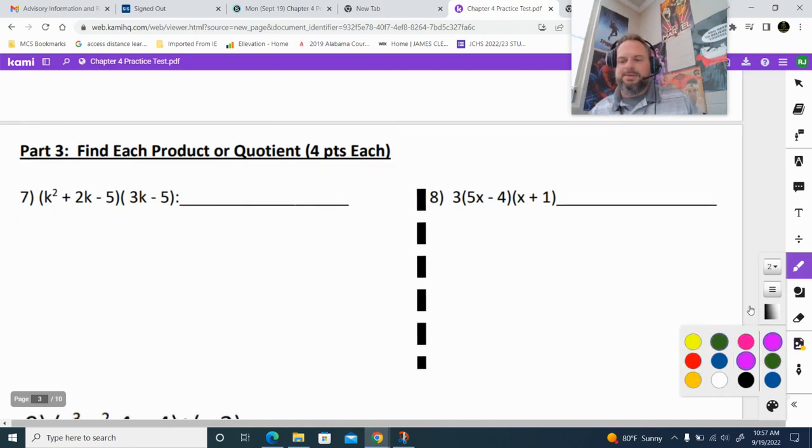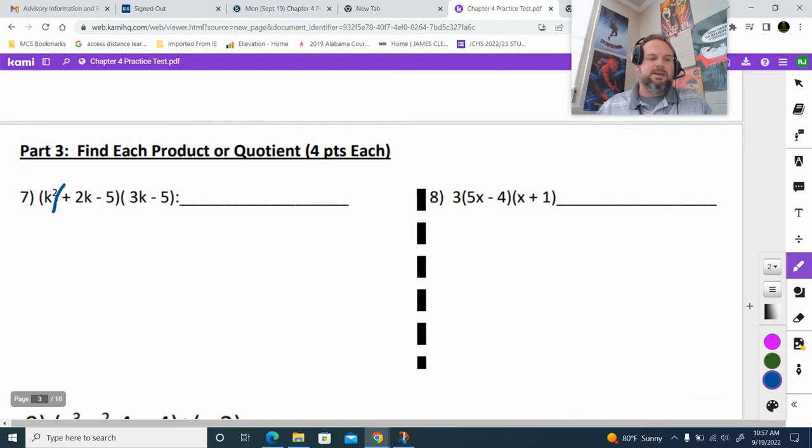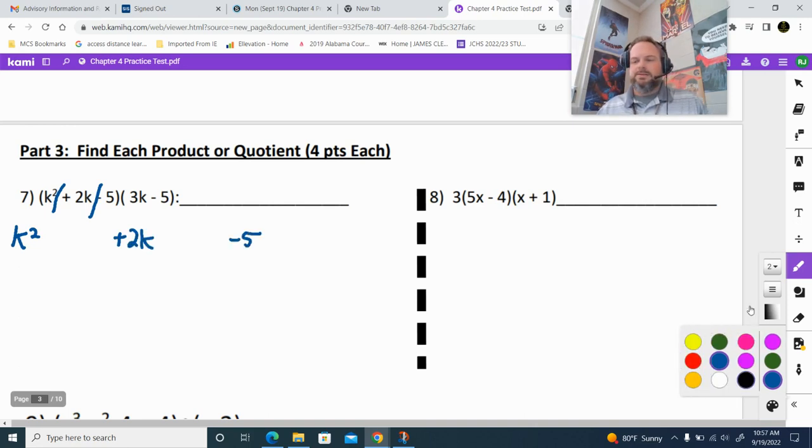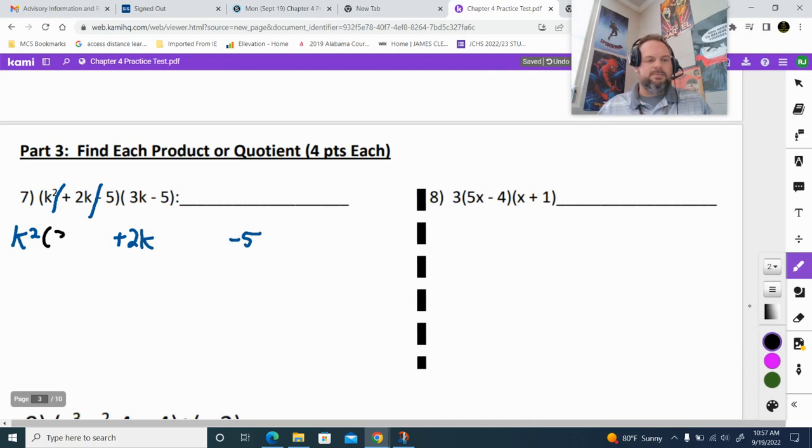All right. So for this one, again, if we cut it like this and do the distributive property,